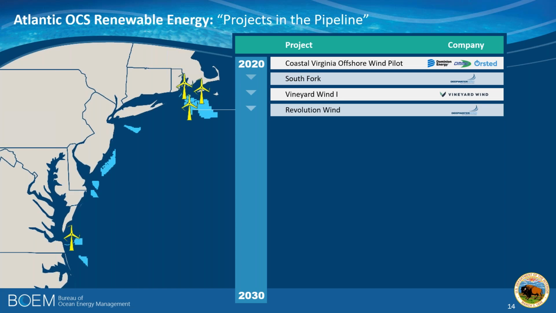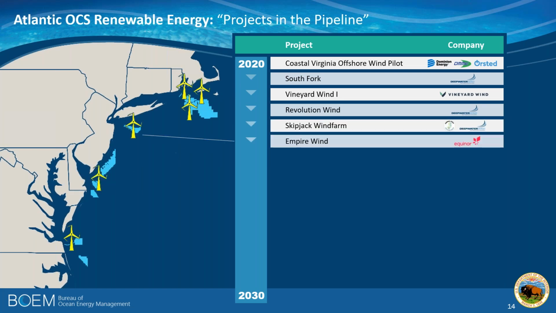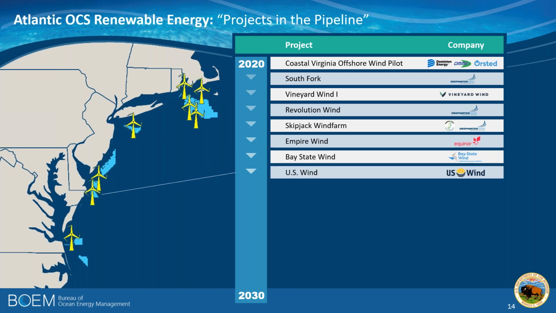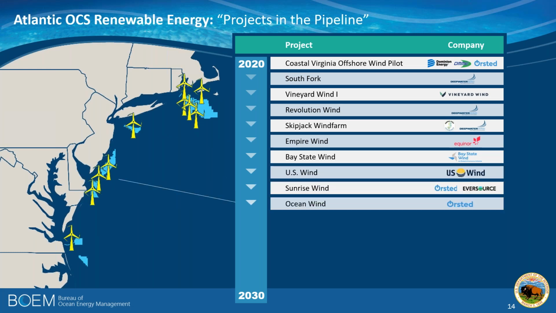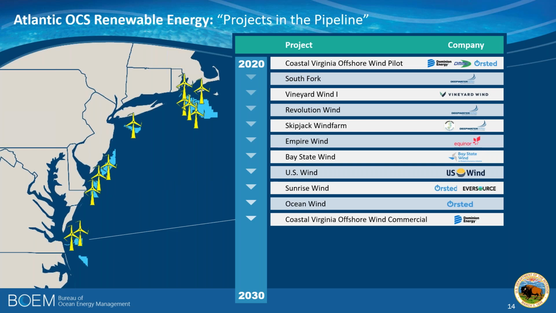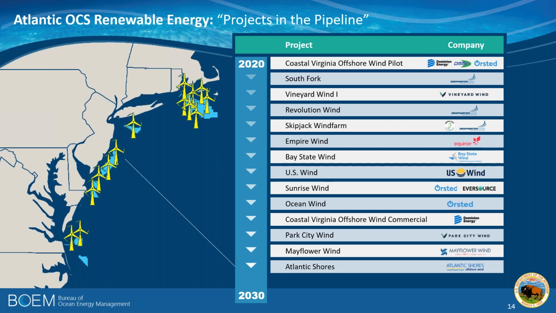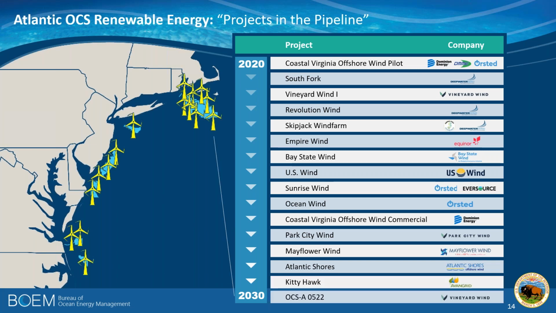And after that, on those 16 leases that we currently have, we're looking at a dozen or 15 or maybe even more specific projects to be developed over the course of the next decade. It's going to be a very exciting time for offshore wind and a very exciting time for us. And of course, we're looking forward to the challenge of keeping up with all the activities that are going to occur. And that, of course, is just on existing leases. We're also considering other areas, which I'll get to in just a moment.